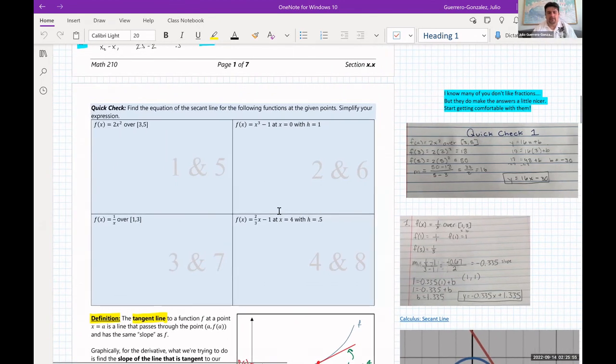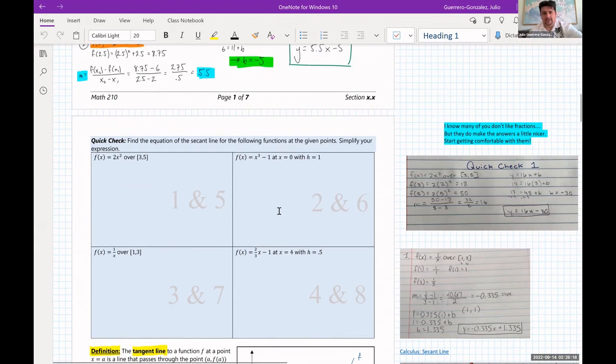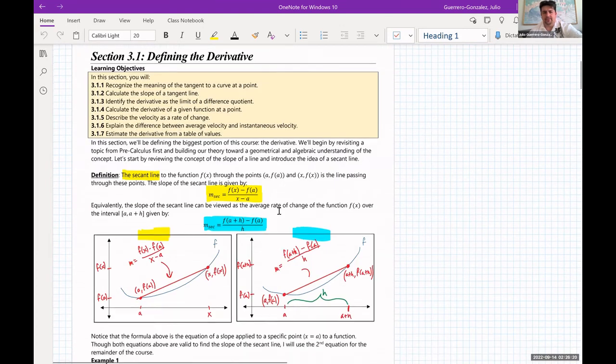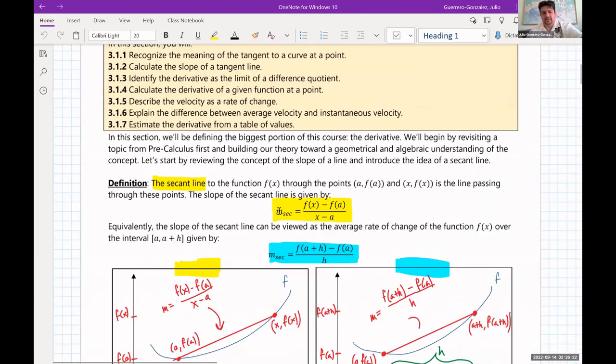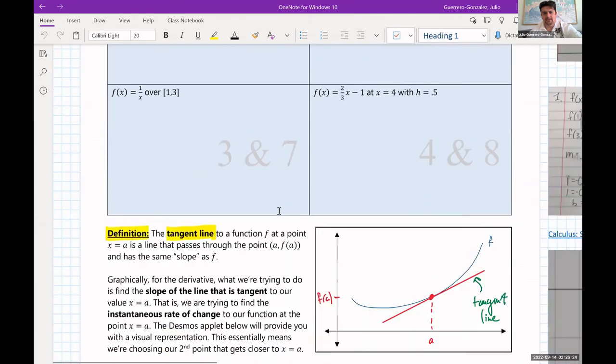There are going to be shortcuts for finding the derivative. If you've taken calculus before, you know these shortcuts. But we aren't allowed to use them yet. Okay, and that's what I saw in a couple of the quick checks for sections 3.1, 3.2, that people are using those shortcuts without doing the bona fide work. So something that I had to point out to my in-person calculus class is, let me scroll down to the actual